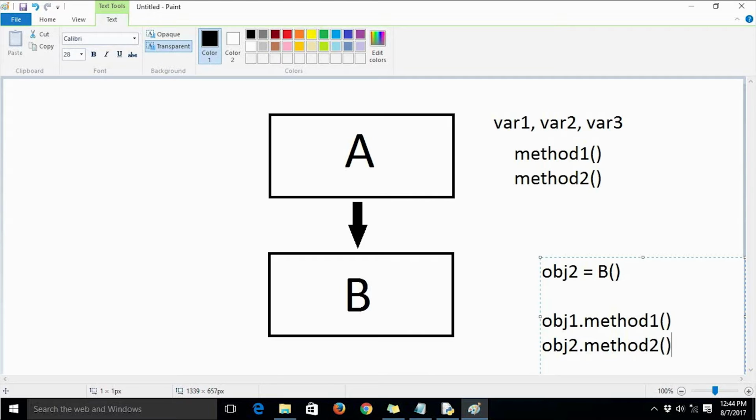In the same way we can also access the variables of class A by the objects of class B, because we are deriving class B from class A. In this case class A is known as the base class, parent class, or superclass, and class B is known as the child class or subclass of class A. This is the basic concept of inheritance.